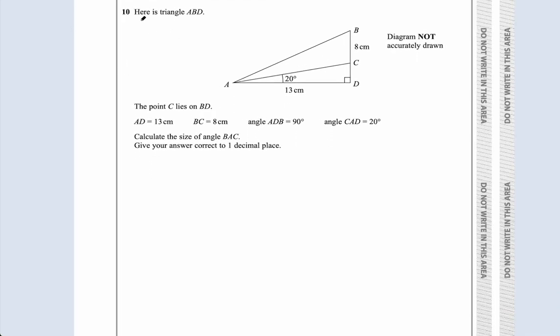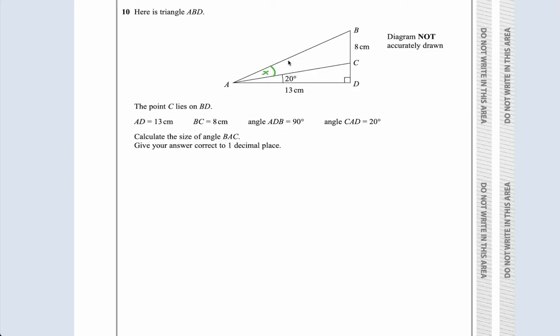Question 10. So we have a triangle ABD, and the point C lies on BD, and all of this information you can basically see from the diagram. Calculate the size of BAC. So what he's asking for is this angle here. This is what we're trying to get. Let's call it